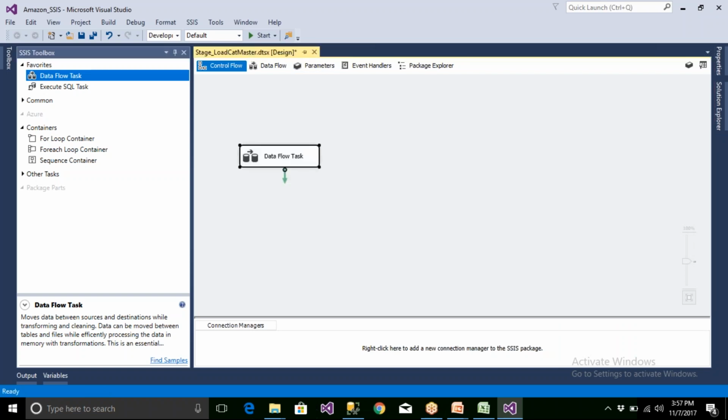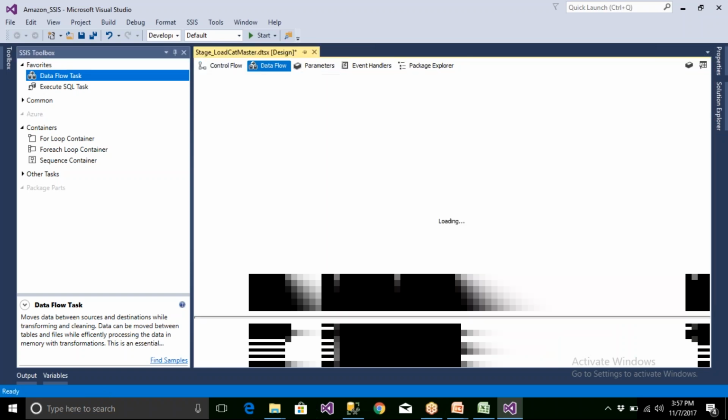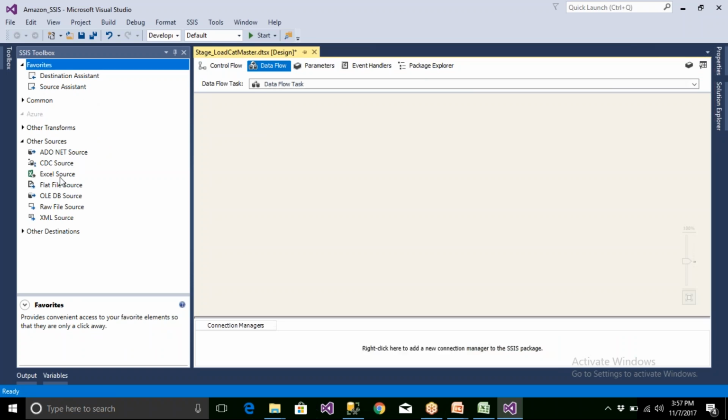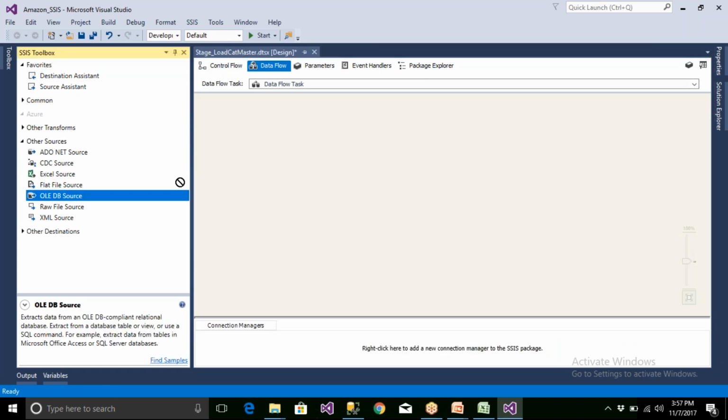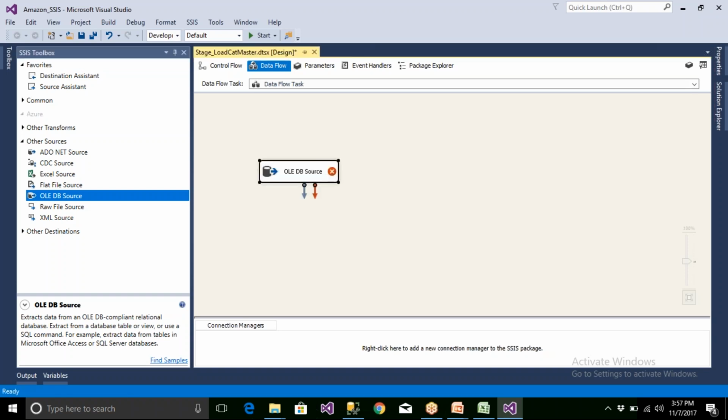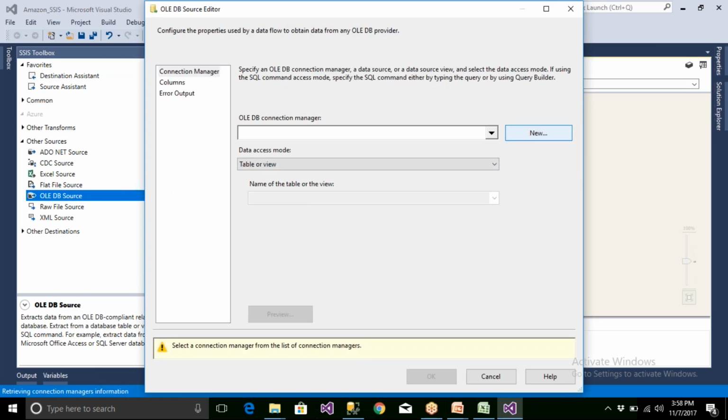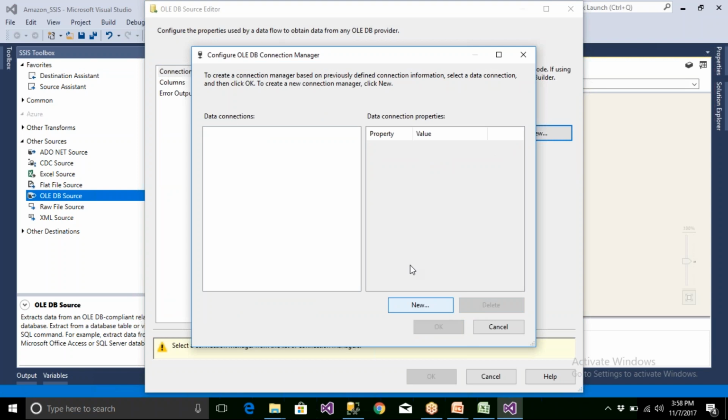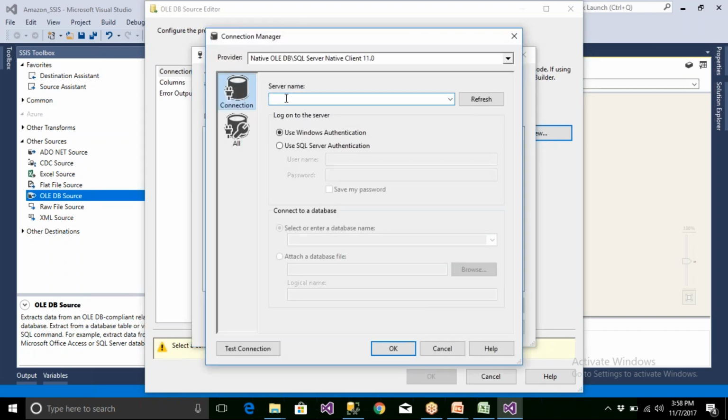Now drag and drop a data flow task and double click on it. The source is an OLEDB source, connecting to the Amazon database. Double click on this and click New. You have to connect to the OLTP database in the development environment, because we are not working on the original data.